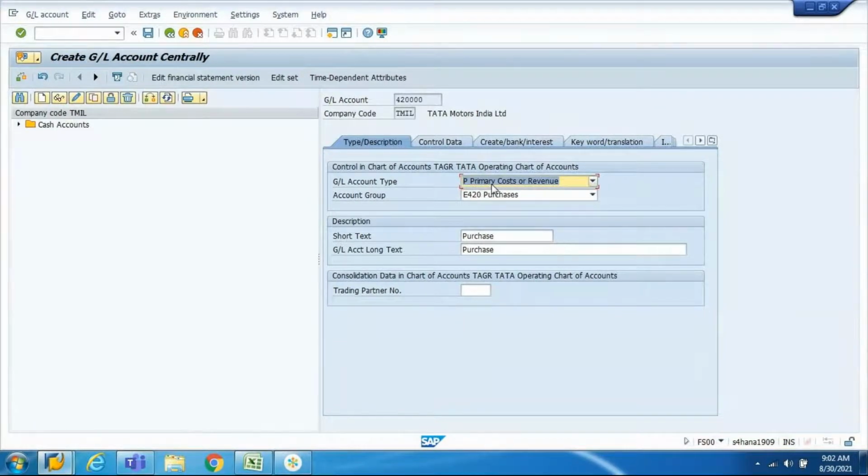In case you create this GL account as a cost element and you posted one or two entries, later you realized this GL account was created by mistake as a cost element. Now we cannot change this GL account from primary to secondary or from primary to non-operating. Is that possible? Once the entry is posted, can we cancel the cost element setting? Is that possible or not possible? In ECC it is not possible, but what about in S4?